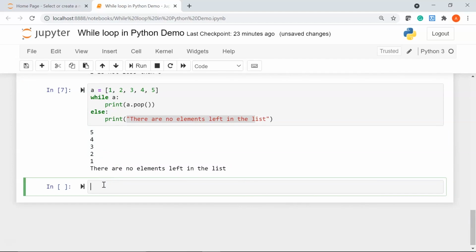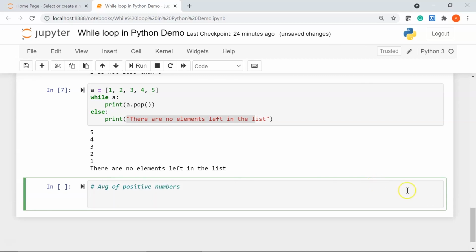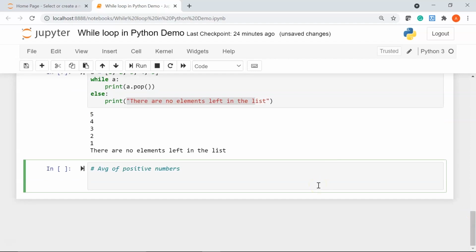Now the next program, we will take numbers as input from the user and calculate the average as long as the user enters a positive number. So I'll give a comment, average of positive numbers. Cool. Okay. So I'll start my program.